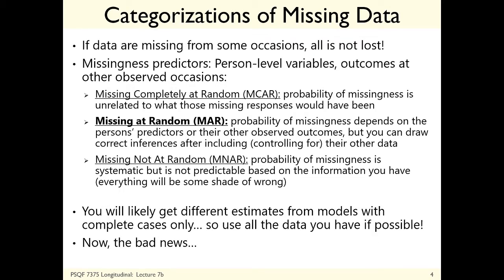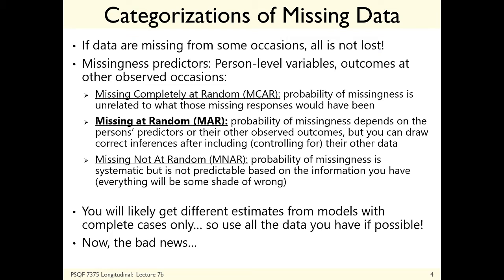Why? I'll tell you that in just a minute. So, categorizations of missing data, you guys have heard this before, I'm assuming, right? The three main classifications of missingness. Missing completely at random, what it sounds like. Missing at random is conditionally random after you put stuff in the model that's supposed to be related to the missingness. Missing not at random, which is